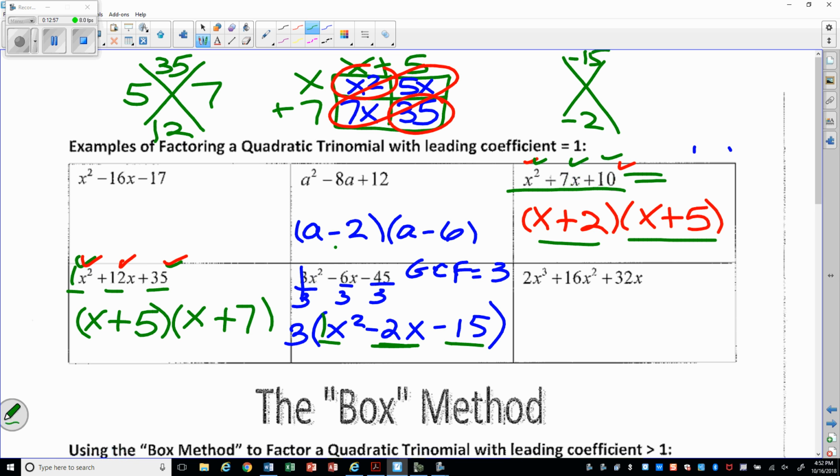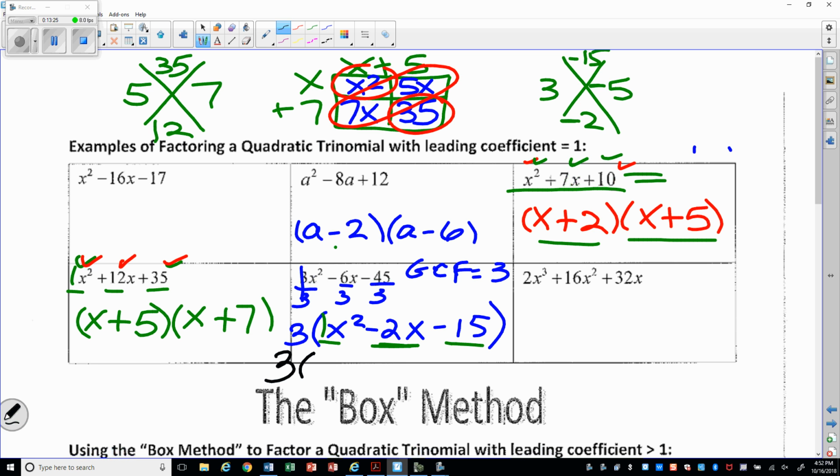So 15, 3 and 5, right? The difference will give me 2. Now I just need to check my signs. One has to be positive, one has to be negative. Well, I want to have a negative 2, so it's going to be more negative than positive. So it'll be negative 5, right? 3 minus 5 is negative 2. So my factors are going to be,